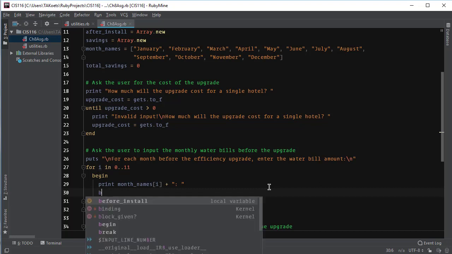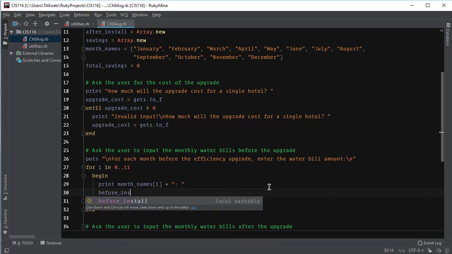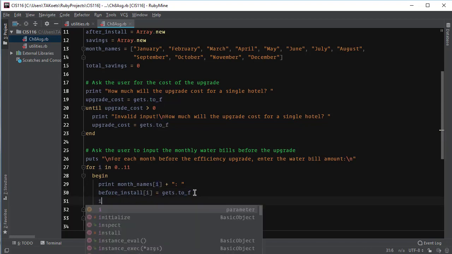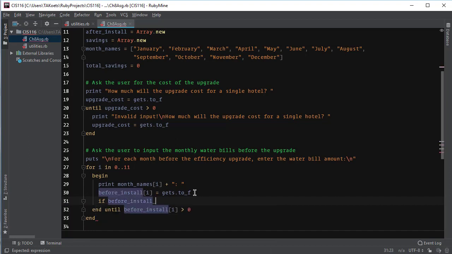Now what I want to do is get the value. Assume it's a float, so I'm going to call get s, convert it into a float, and take that value and put it into the array at position I. The first time through the loop, it's going to put the value in position 0, or the first element. And if that value, so if before install sub I